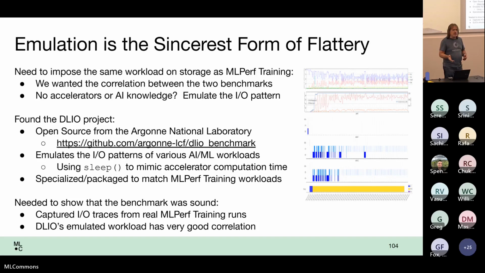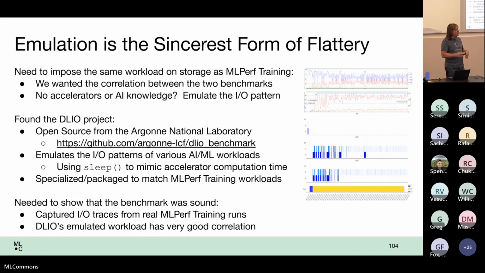We're using just a simple sleep to emulate the computation time in the GPU, so we don't care what the data is, we're going to sleep. That's sufficient for us. You can see there's some traces here on the right. We have validated that the synthesized IO workloads match well enough for practical purposes the actual IO workloads. So this is eBPF traces inside the Linux kernel on the block IO. So emulation is the path we've been going down with synthetic data.